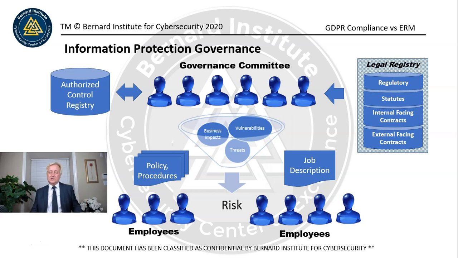This will give us an opportunity to review the control to see if we already have a control that's in place that needs to be updated or modified, perhaps optimized, or to see if there truly is a gap that we've missed. So the authorized control registry is very important. In the ISO world, we call it the statement of applicability. And it's part of the submitted documents that we send to the ISO organization when we get certified.